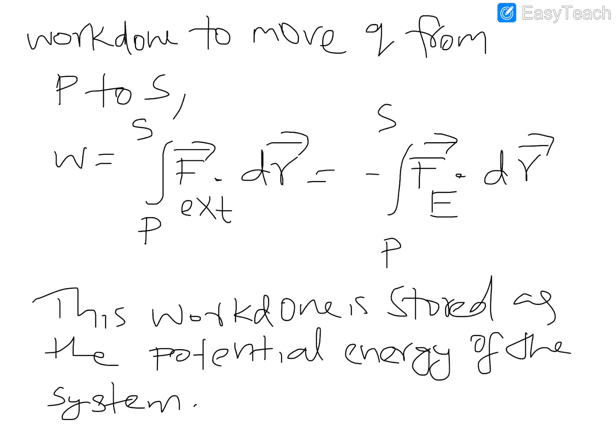So you can say potential energy is equal to minus integral P to S Fe dot dr. We will represent potential energy using a capital letter U. U means potential energy. It is equal to minus integral Fe dot dr. Okay, this is the equation for potential energy, minus Fe dot dr, where Fe is the force exerted by